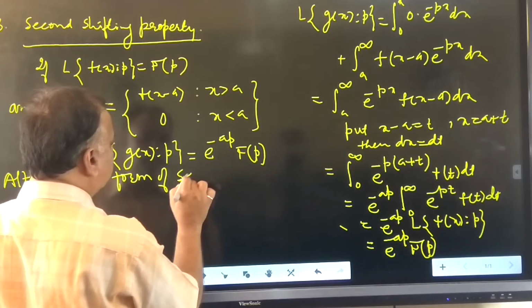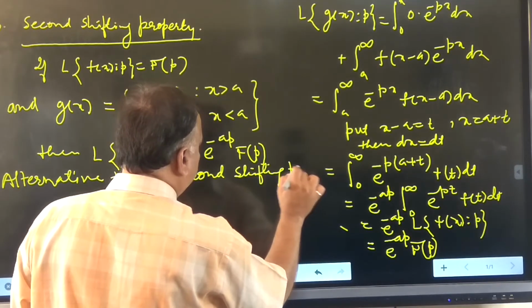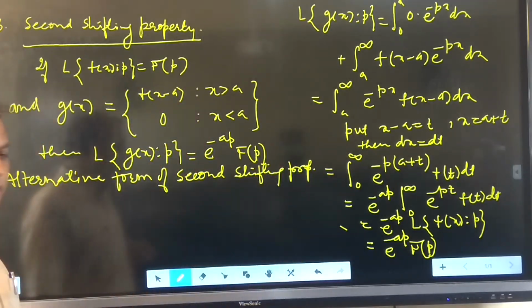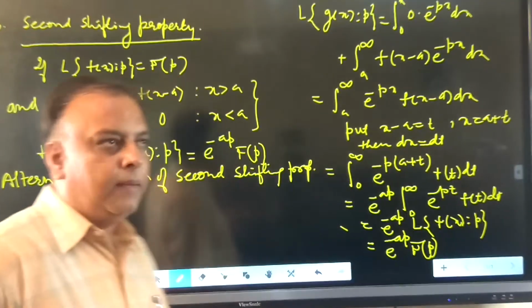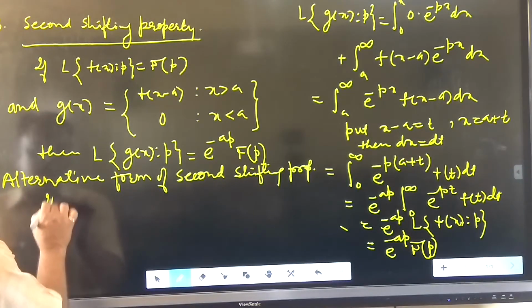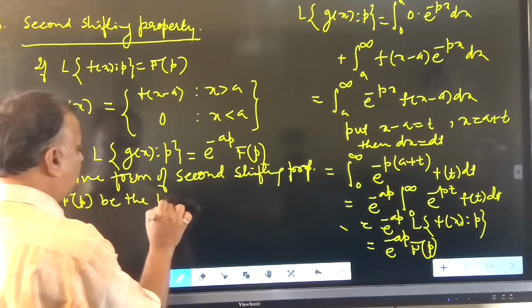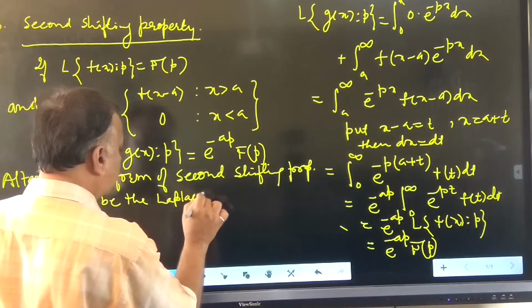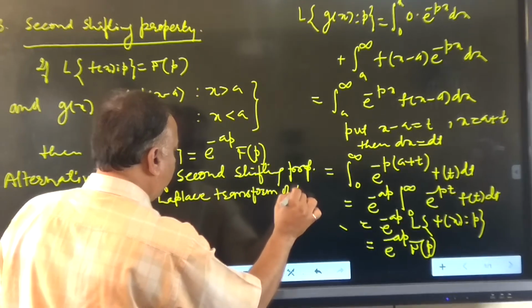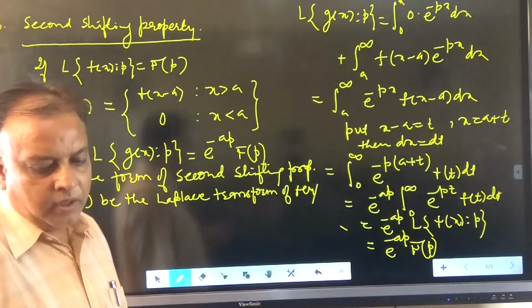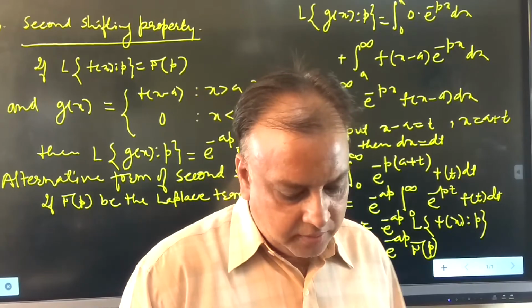Alternative form of second shifting property. The alternative form of the second shifting property is, if F(p) is the Laplace transformation of f(x), then